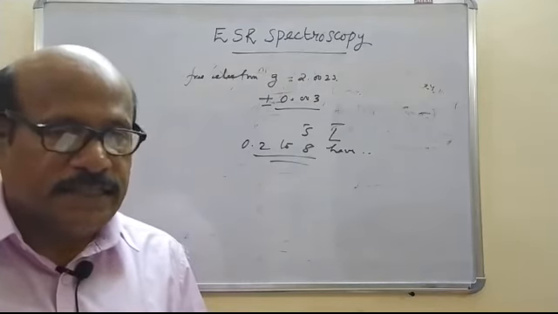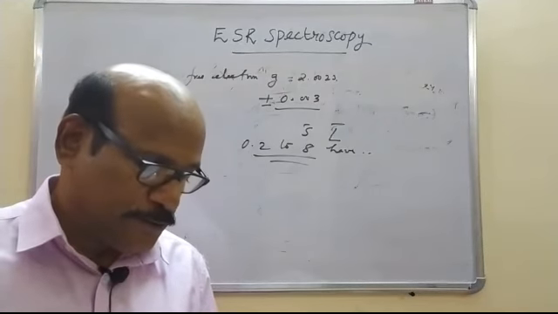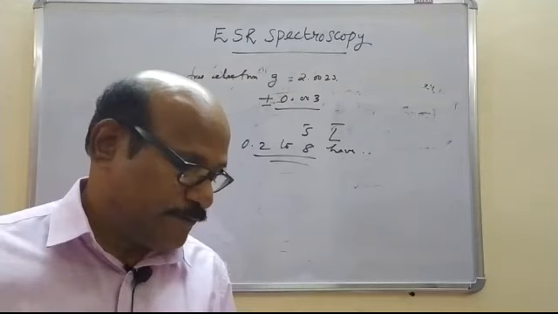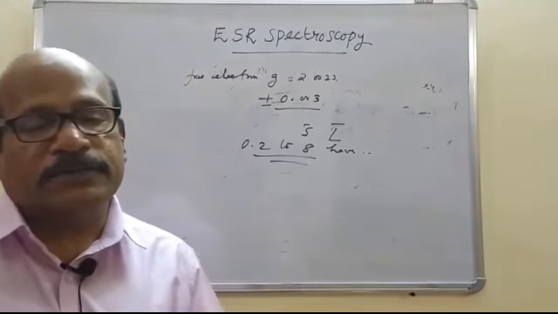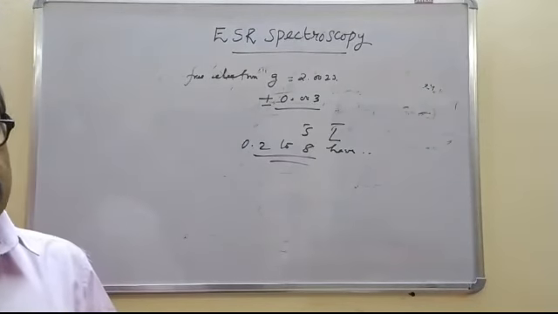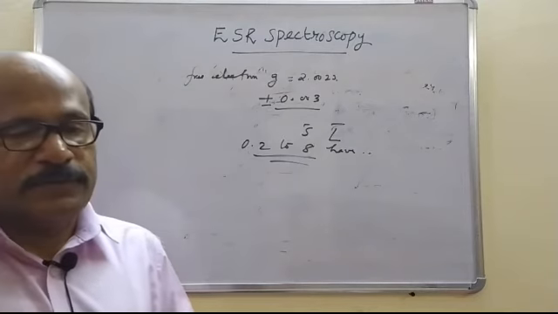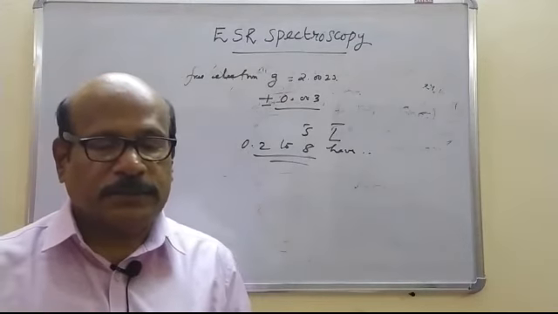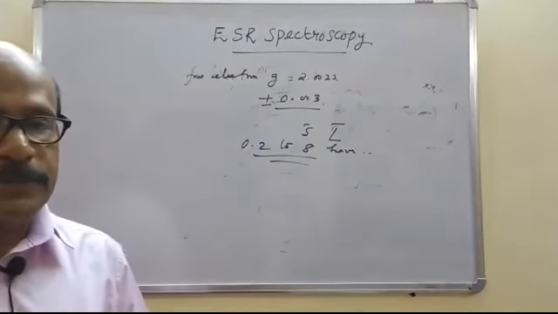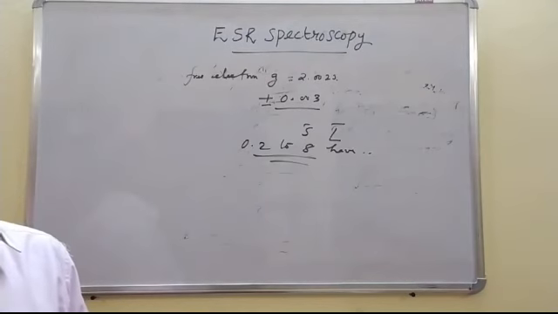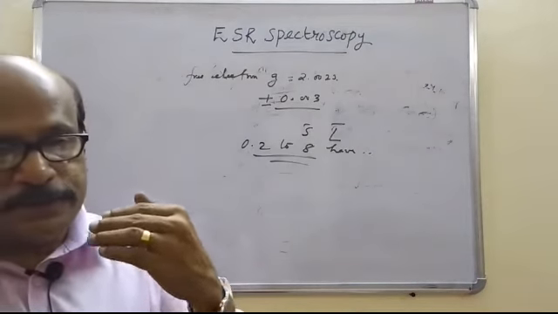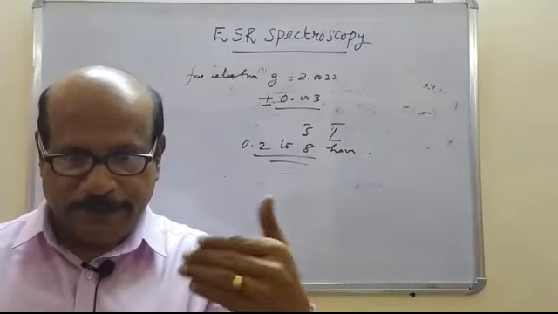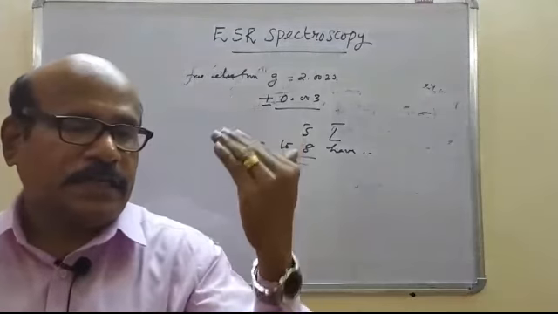An electron spin flip occurs. The absorption of microwave radiation causing the transition between the two electron spin levels produces an electron spin flip, and corresponding to the electron spin flip, there is an absorption